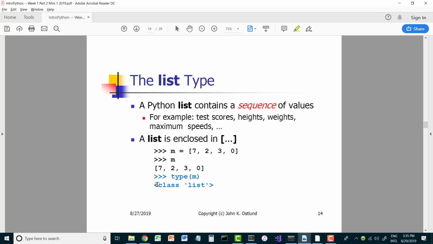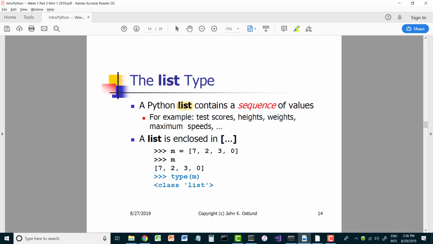All right, so we've now flogged our way through the so-called scalar or lowest level data types. We've got ints, we've got floats, we've got strs, we've got bools, and we have this one value None hanging around as well. We'd like to be able to put these things together in collections now, representing things like an array of people's heights, or an array of test scores, or an array of stock prices, or something like that. Python uses the list built-in data type to keep track of array or vector-like things